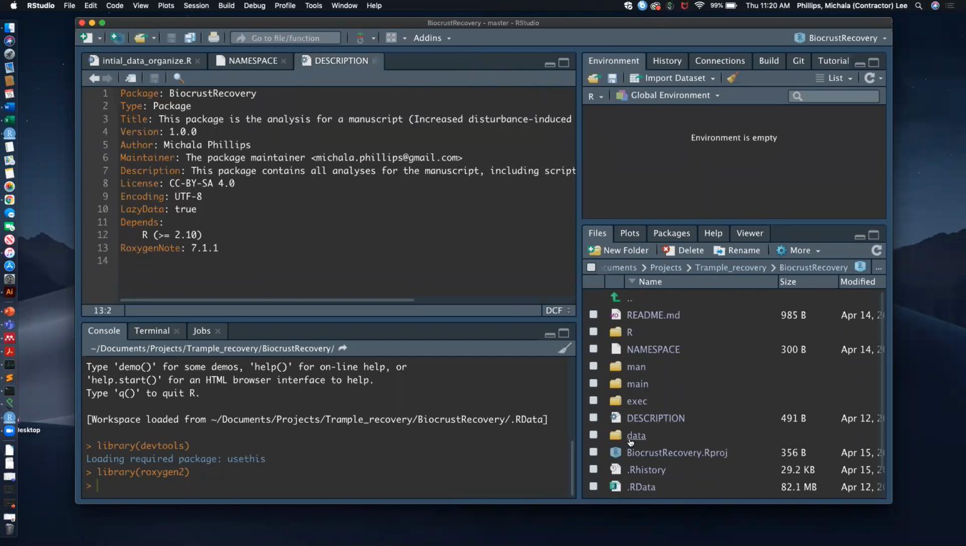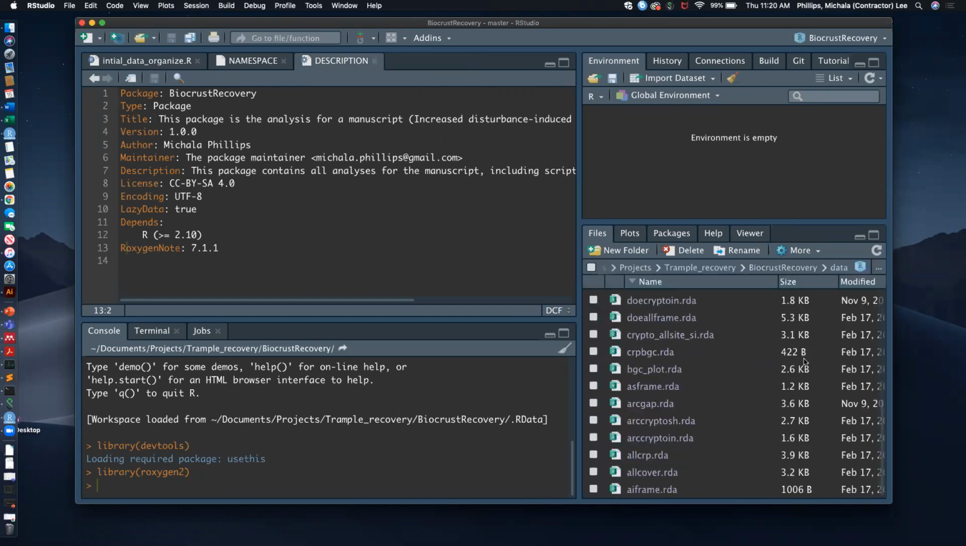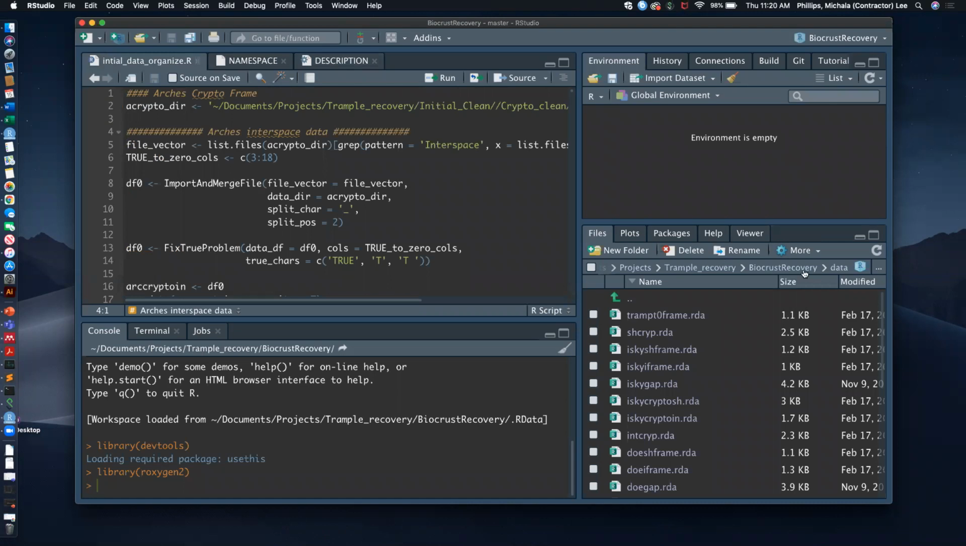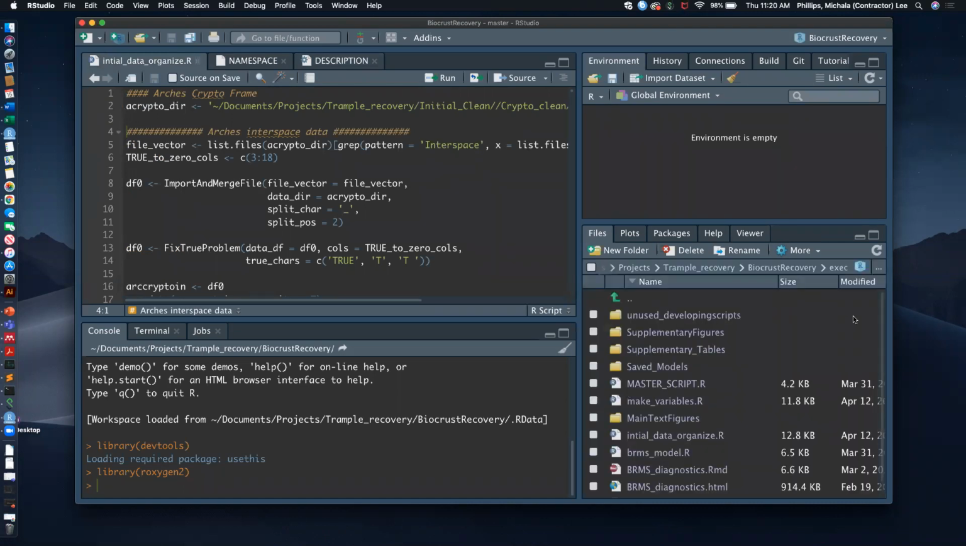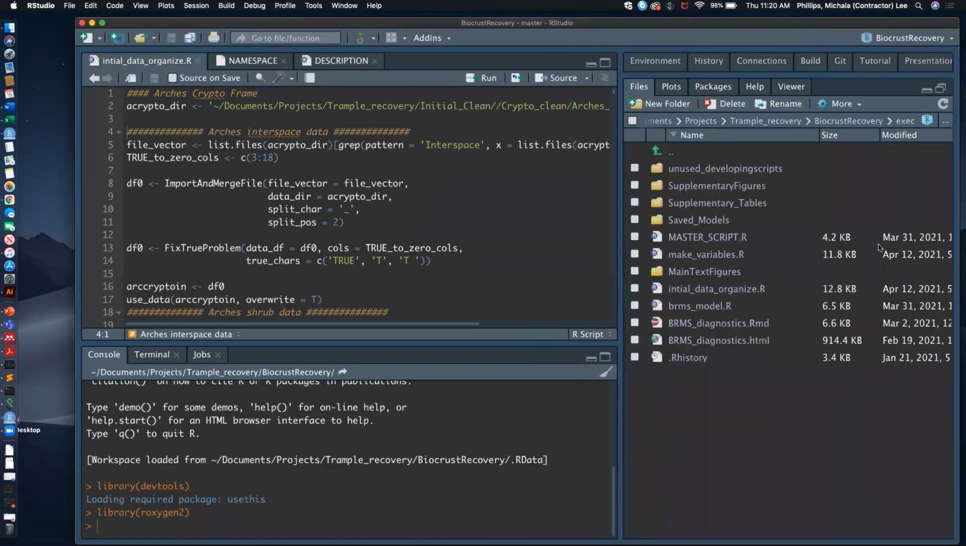So now we'll go into my data folder, where you will see I have a lot of data objects. And you're probably wondering, or I'm hoping you're wondering, how I made them. So we'll open this. I'm going to try and navigate through everything as I show it. So here in the exec folder, which again is where I keep all of my scripts,